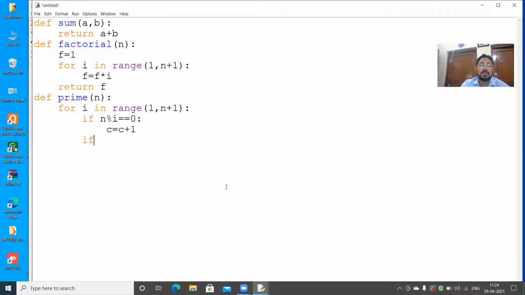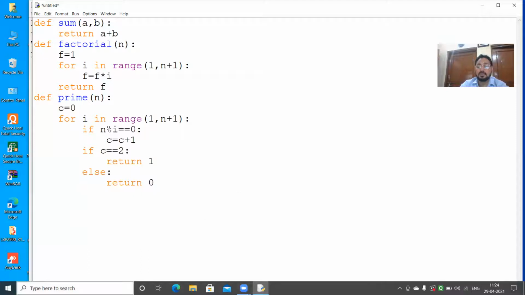Then I should write here, if c equals to 2, return 1, else return 0. Initially I will take c as 0 here.